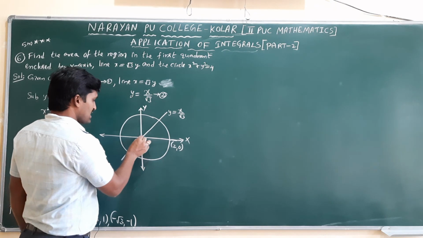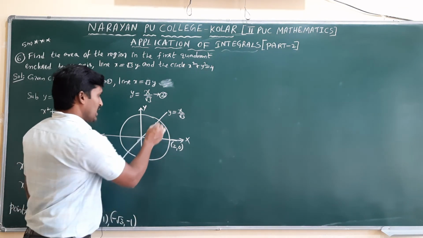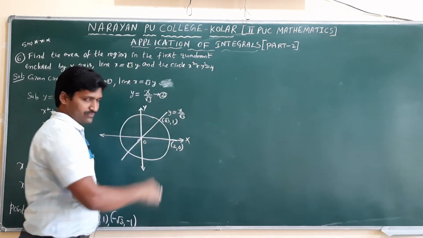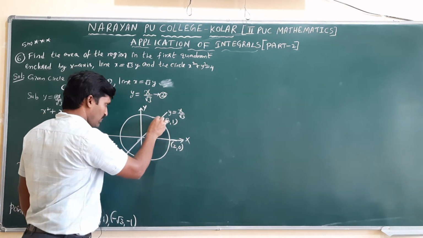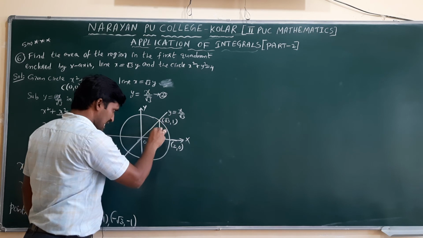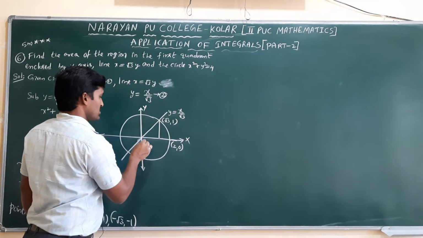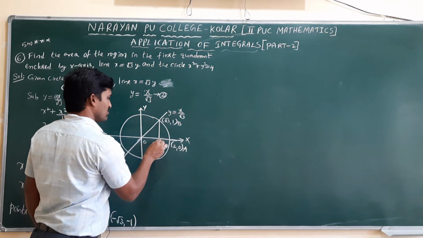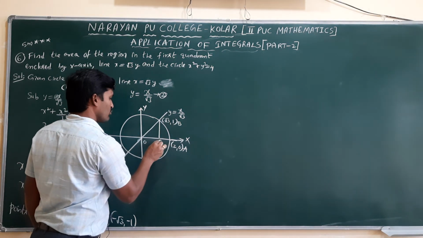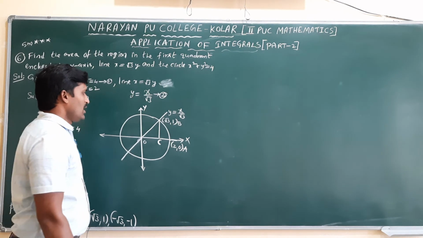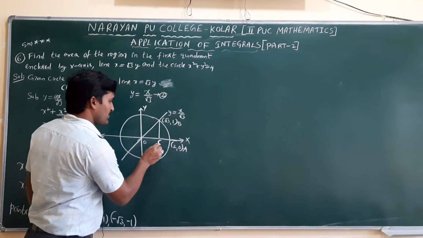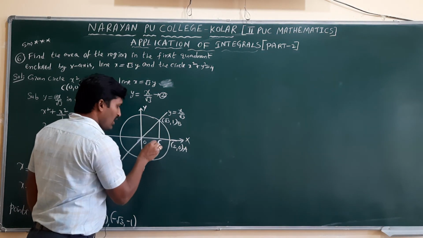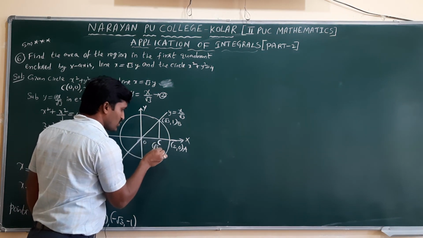Now here two areas are there, splitting part. The intersection point we already know: root 3 comma 1. Now draw a perpendicular to the x-axis. This is O, this is A, this is B, and this I will take as C or M, no problem. Now this C point, exactly on the x-axis, where the y value is 0, is root 3 comma 0.